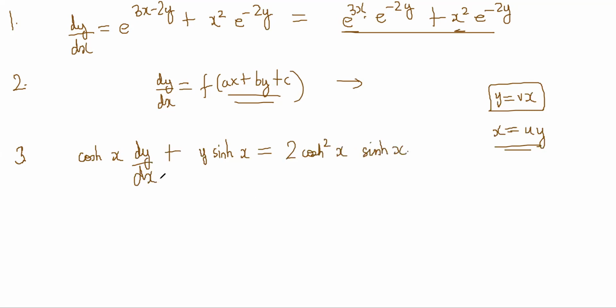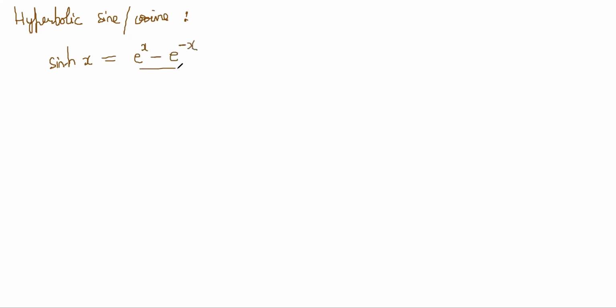And these are new functions. These are not the normal functions. So it is not a writing misspelling error. It's a different function only, and the teacher must have mentioned it in class. Otherwise, how will he suddenly write this? So what this means is hyperbolic sine and hyperbolic cosine. Basically, sinh x is defined as e power x minus e power minus x by 2.